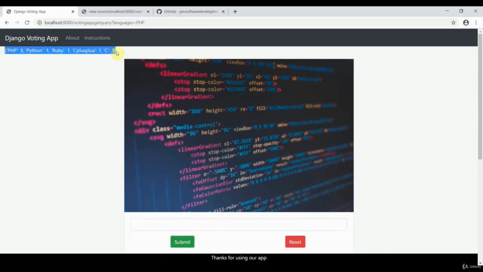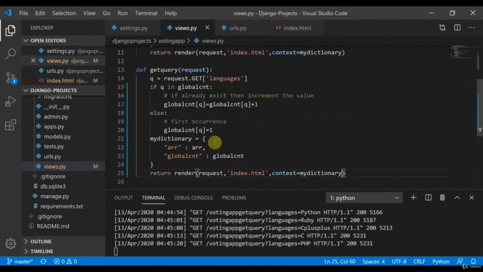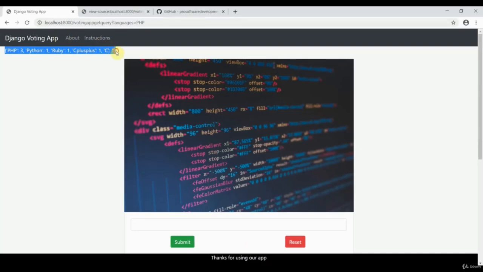Okay, so I'll quickly give an overview of this. For the first occurrence, we initialize with 1, then we increment the value. So this works perfectly fine, but we are noticing that we are only printing the raw dictionary here. Next time we would try to add a progress bar with the table, and if possible, I'll give you a very good question on this.